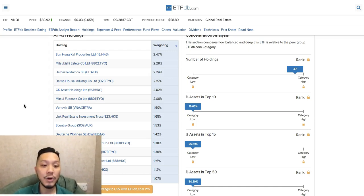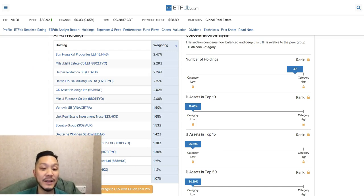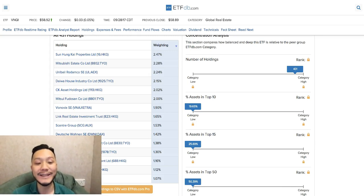He came to Hong Kong and started investing in properties and landmark buildings, and just kept on leveraging. Now he is one of the richest men in Asia, and his empire is pretty big. If you are betting globally, not just Hong Kong, it includes Korea, Japan and the US, but most likely the top 10 are from the Asia side. China Overseas Land, the second biggest home builder in China, is a stock I've been holding